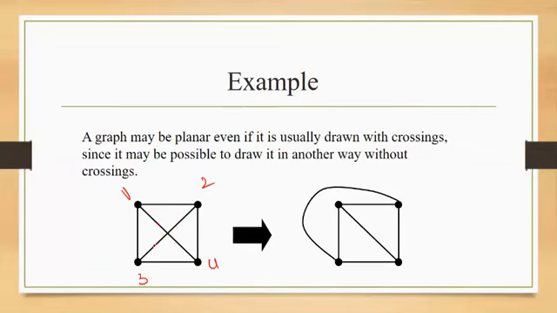Now if you notice, I have removed this crossing, and instead of drawing the edge here, the edge joining 2 and 3, I can draw it in this way as shown in the figure. Basically I have shown the edge in such a way that it is not crossing. So this kind of representation is known as a planar graph. Even the first drawing is of a planar graph, but this is the correct way to represent it because the edges are not crossing.